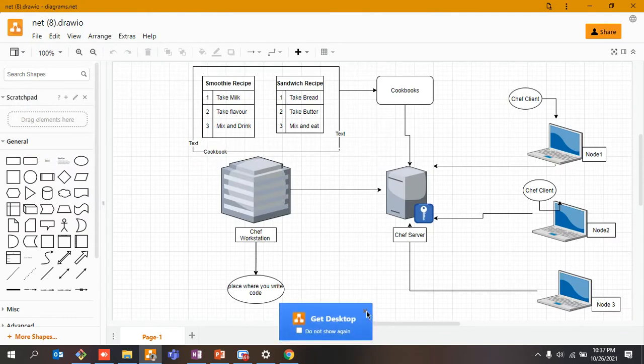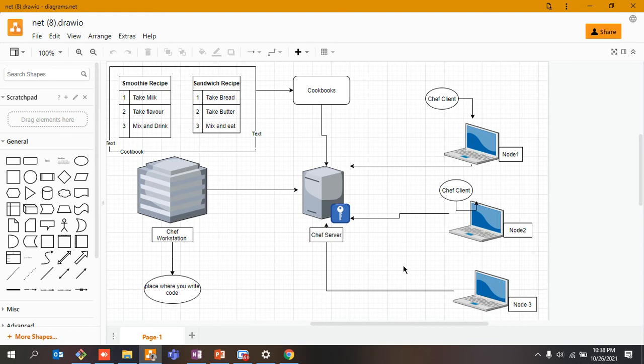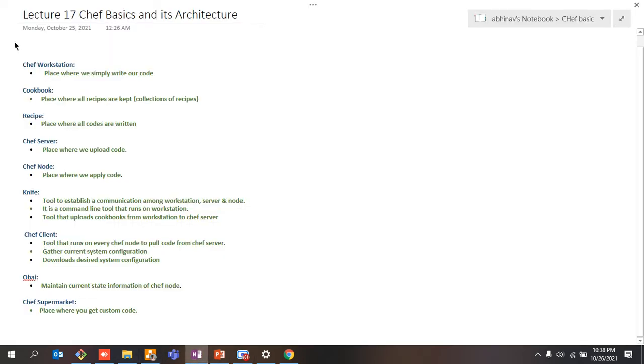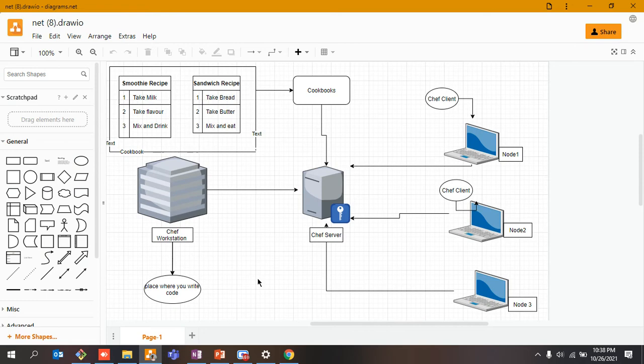the exact architecture of Chef. I know, guys, this is taking a little bit of time. Please be patient with me. But you need to know this is the important part, because after that I would simply discuss the definition part or these terminologies. I wanted to tell you what is Chef Workstation. Let's say it is a place where we simply write our code. So you would say that I can write code in my home itself, so it is my Chef Workstation. No, it's not like that. So please bear with me.